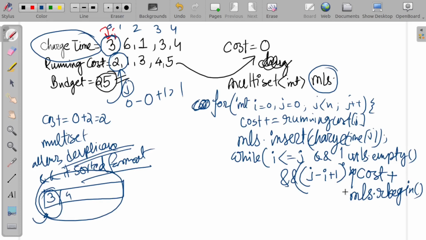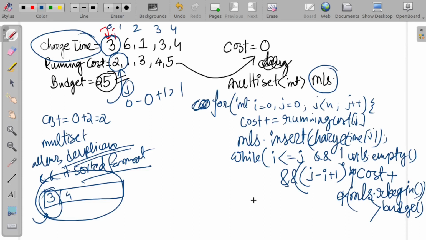So we'll have to check marking that is a start, because rbegin is an iterator basically. After that, right now my all cost has been found. So is it greater than the budget? When it is greater than the budget, in that time